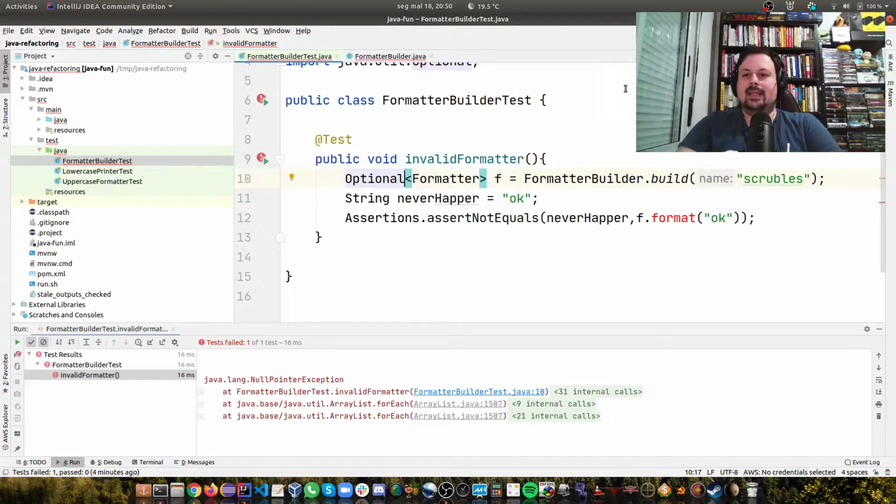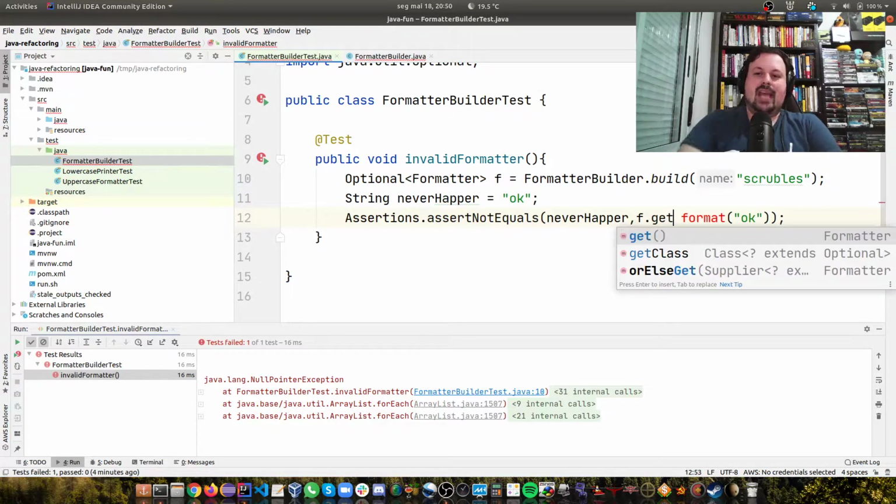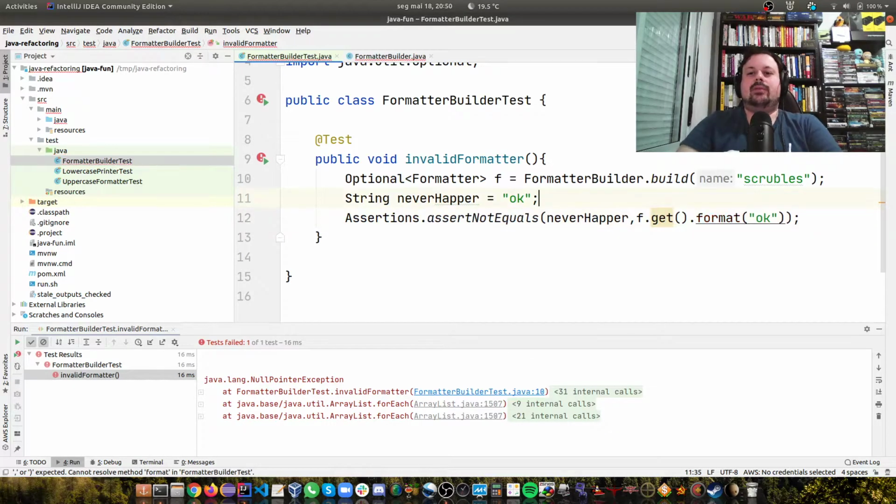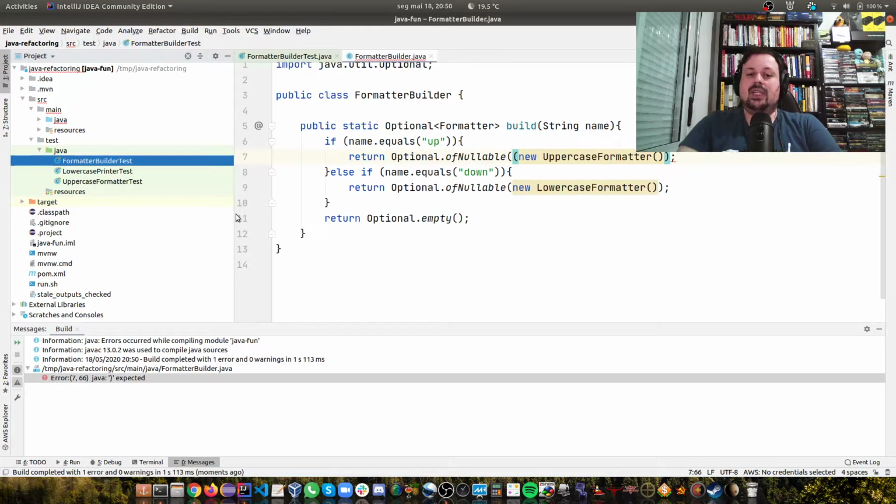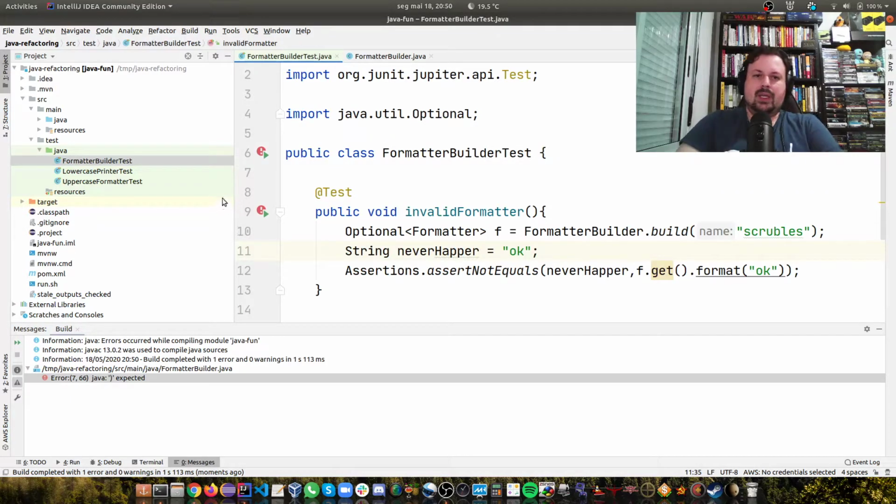For now I'm just going to do this get, and then we're going to be able to call format. Let's try to run this. As you see, there's one more error because I forgot to close, I have one parenthesis that's not needed here. Yes, this looks good. Now if we rerun this,